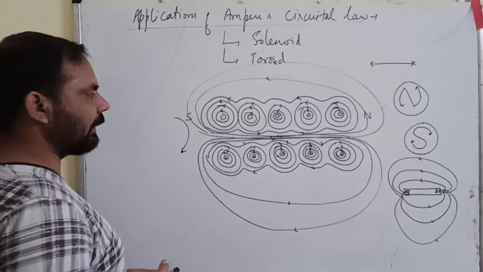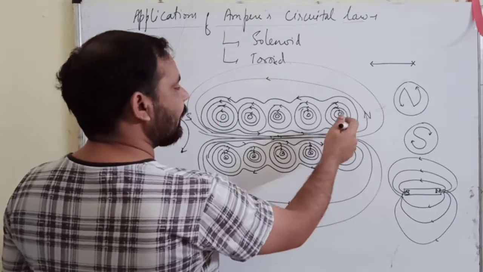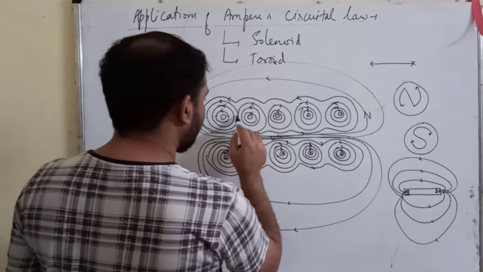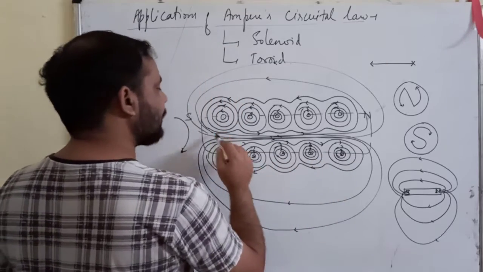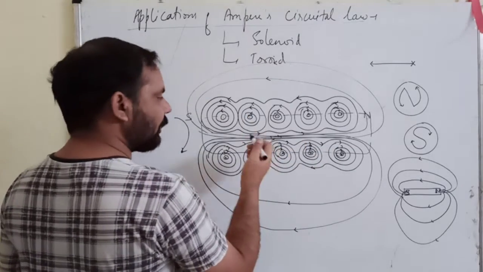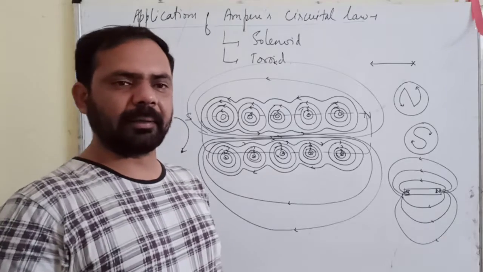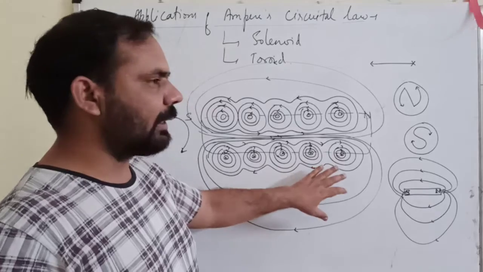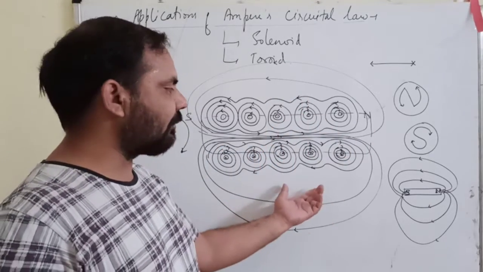Now here you can see one thing, that the magnetic field inside, in between the coils, in this region, the magnetic lines of force are very dense, whereas the density is low outside. So it means that the solenoid can create a strong magnetic field inside it. Okay, whereas outside the coils, for the points outside the solenoid, this magnetic field will be very